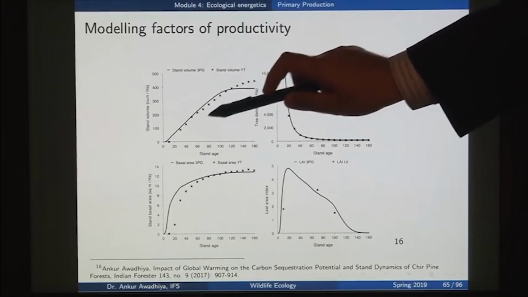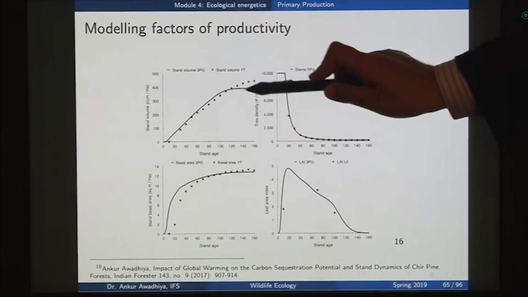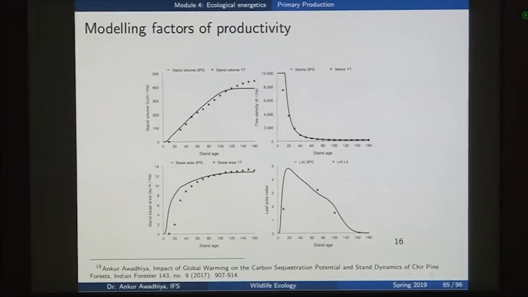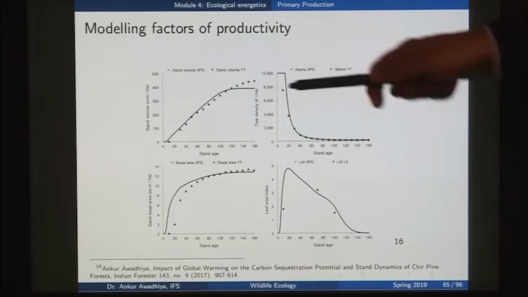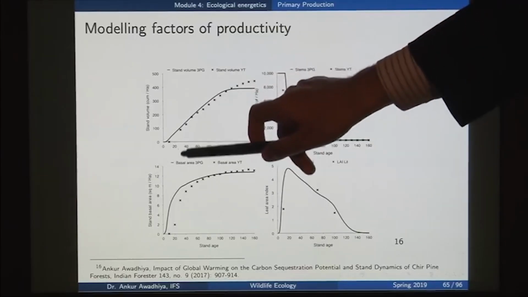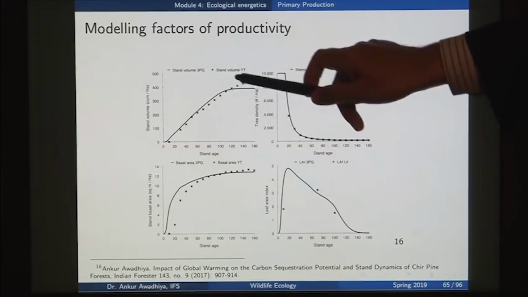So, this is from the yield table, and this straight line is showing our modeling results. In this case, what we are trying to do is calibrate our model so that it best represents the existing field situations. From here we see that there is a very good correspondence between both of these till, say, around 110 years.